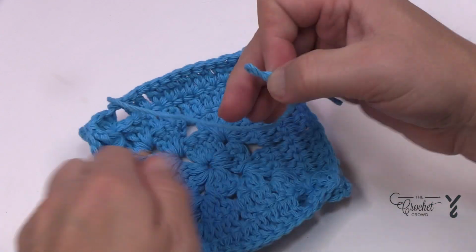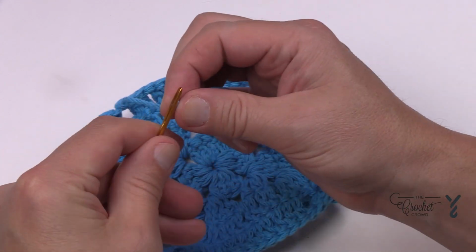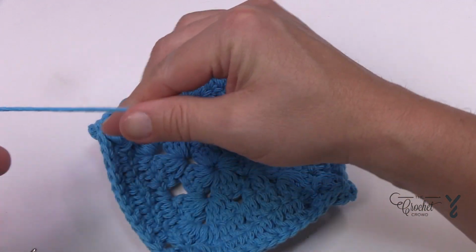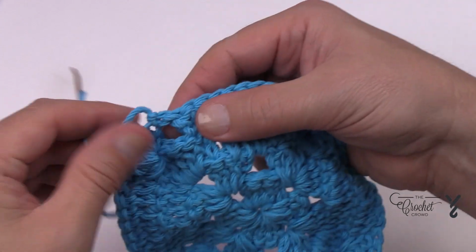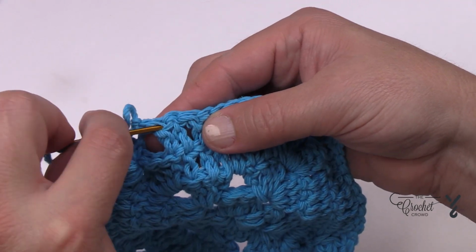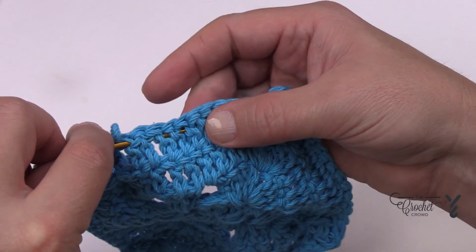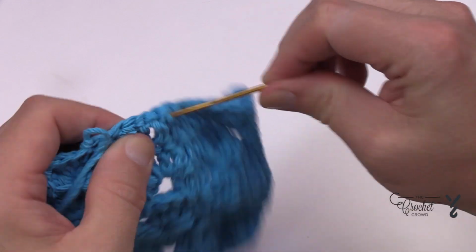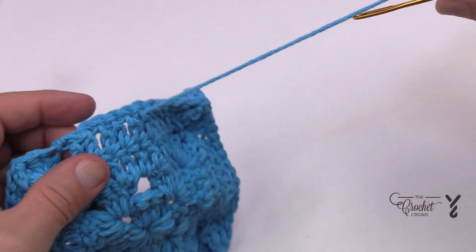The best way to get rid of tails is to thread it through a tapestry needle. If you weave it in with your crochet hook, unless you're extremely gifted, which you could be, I'm not that gifted. You just have to make sure that you weave yourself, so stay away from the edge, because you will be using the edge later to attach these together to make this bag. So just kind of gliding up underneath. So you go through once,